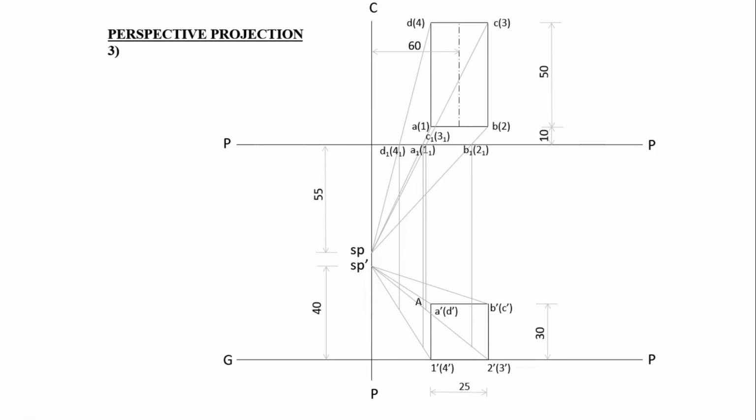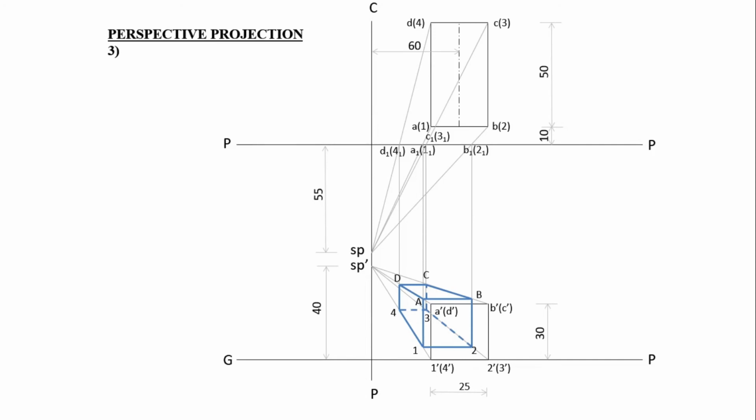In all the 4 lines we obtain 2 different points: A1, then B2, C3 and D4. All the 8 points are obtained. Now join all the 8 points together in order to represent the perspective view. While drawing it, care should be taken that the invisible edges should be drawn as dotted lines. So this is a dotted line, this is a dotted line, and this line is also a dotted line, and all the remaining lines are continuous lines.